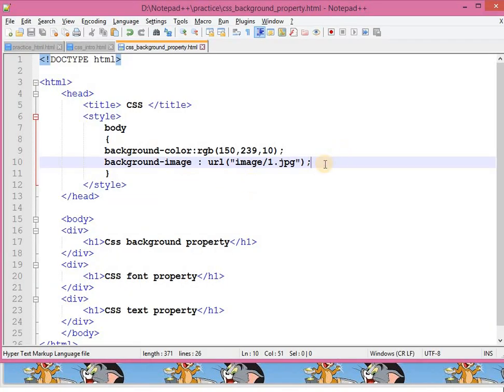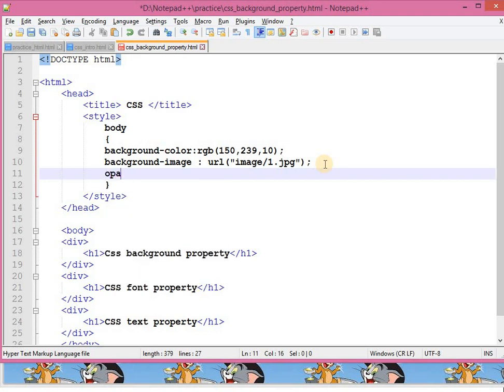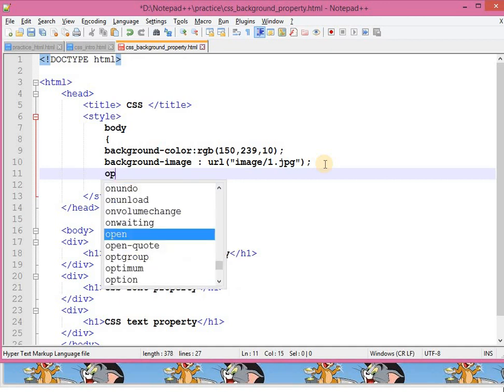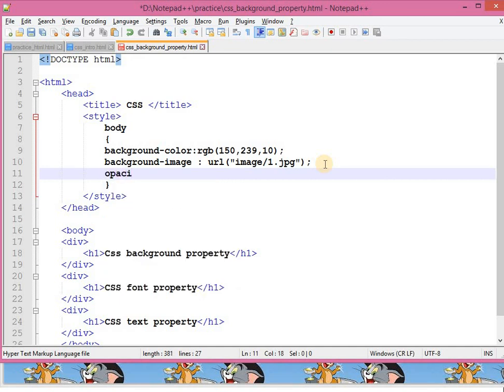Now let me set another property, opacity. I am just trying these, I don't know whether it will work or not.